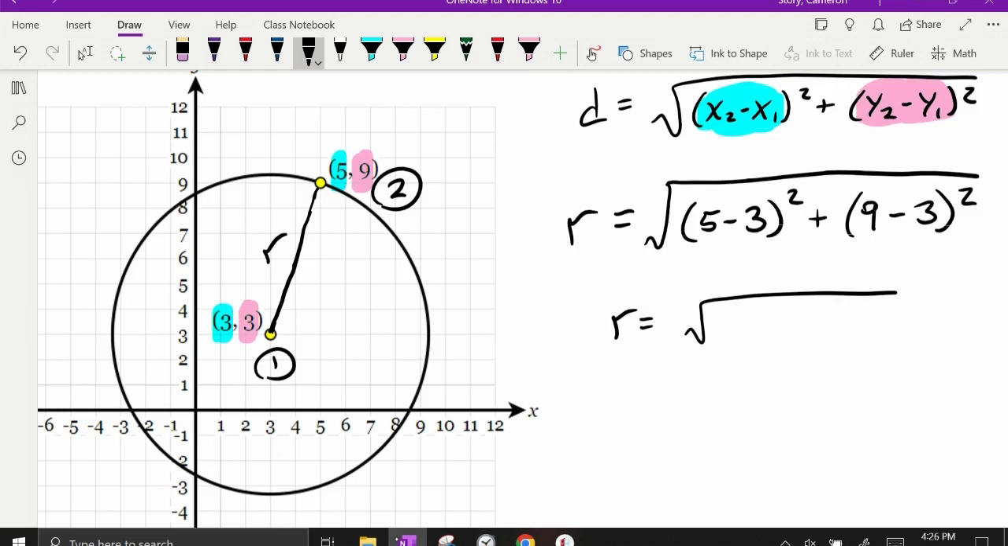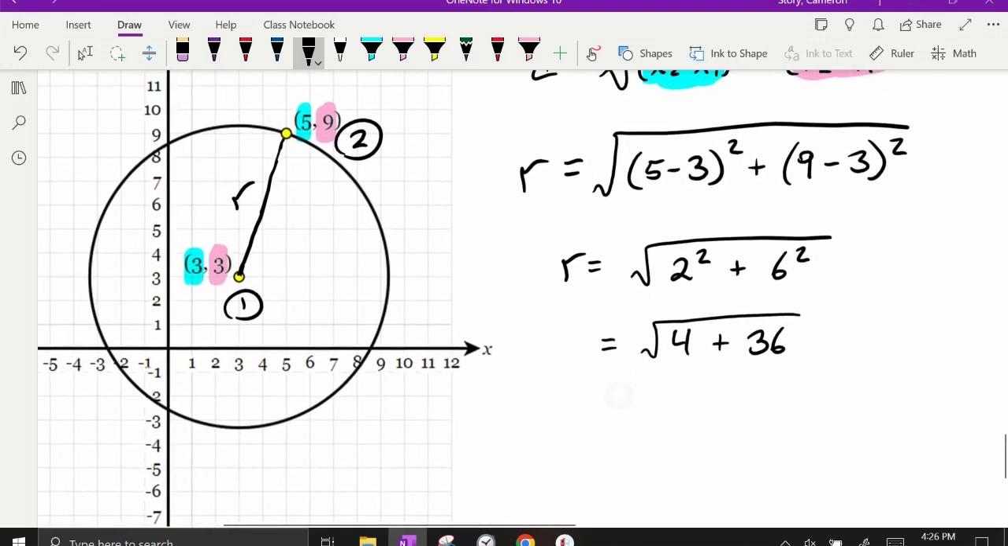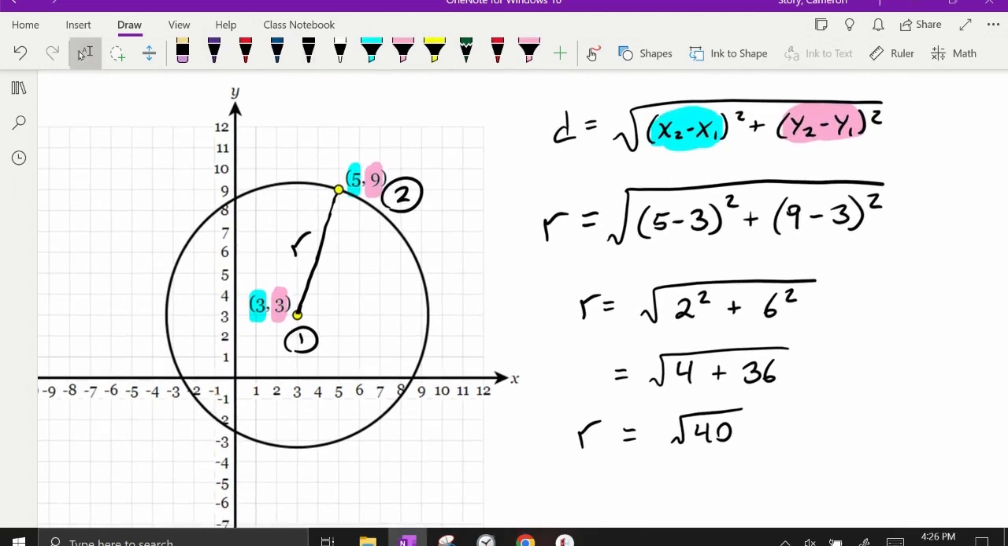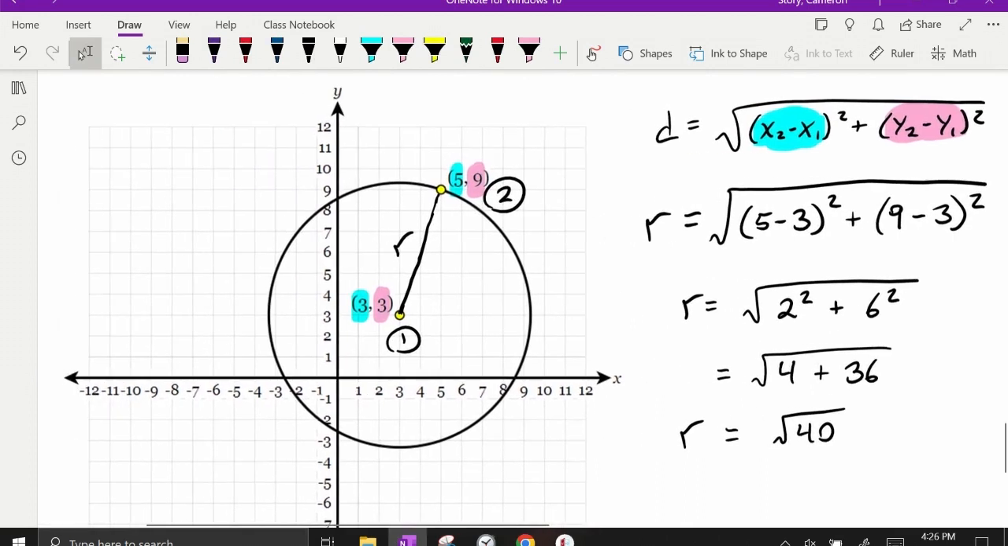Let's see, 5 minus 3 would be 2, so this is 2 squared. 9 minus 3 would be 6, so this is 6 squared. 2 squared is 4. 6 squared is 36. So we get that it's the square root of 40. Okay? Now, we're actually going to leave it just like that because we don't actually need to simplify it to get the equation. Let's see, my circle equation is going to be